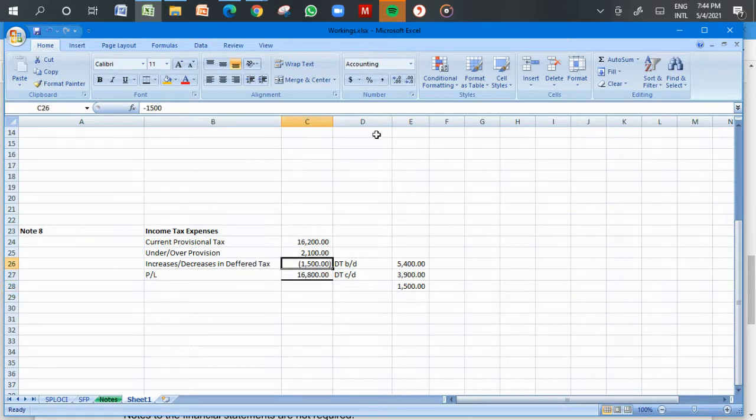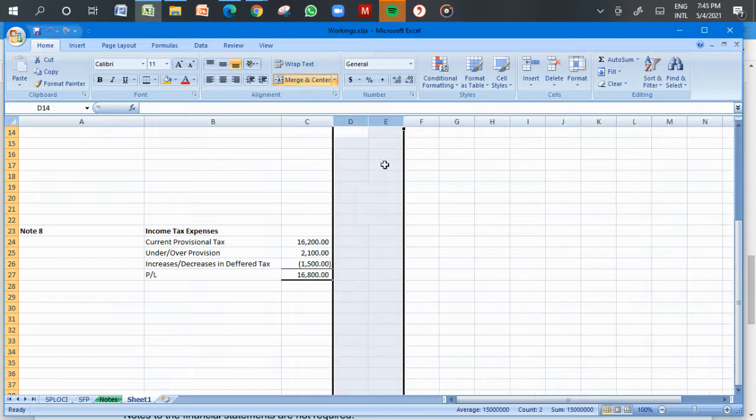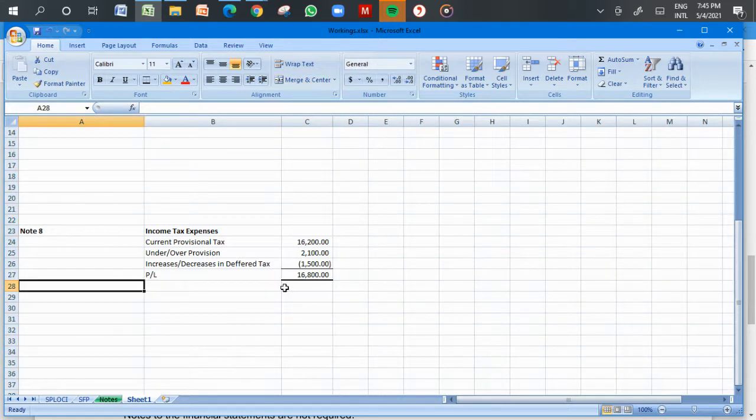Over and above this one, this is a correct note, that's what you were doing, but you should disclose why you are adding this over provision instead of subtracting it. You don't assume that the examiner knows that we should add an under provision or over provision. You should put a note, maybe just below your calculations, you can say